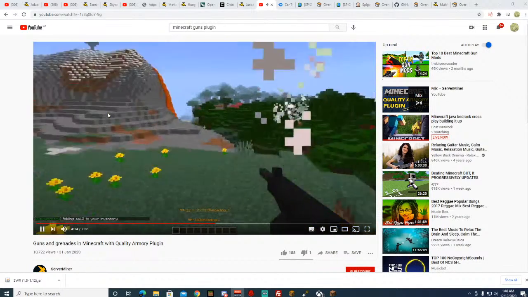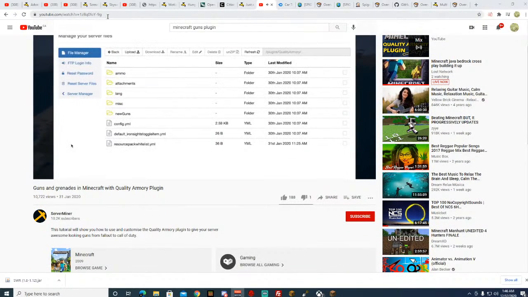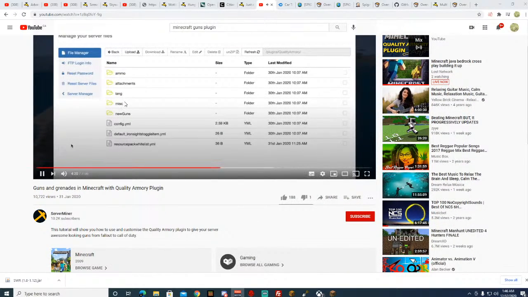Let's go ahead and go into the config files, which there's quite a few, and see what we can do in there. So here we are in the SMPicnic control panel, and as you can see, there are quite